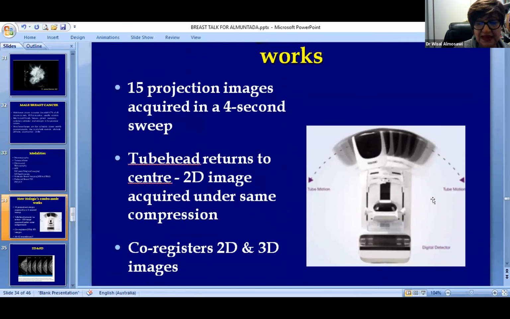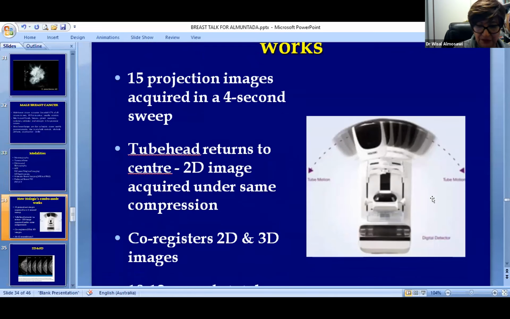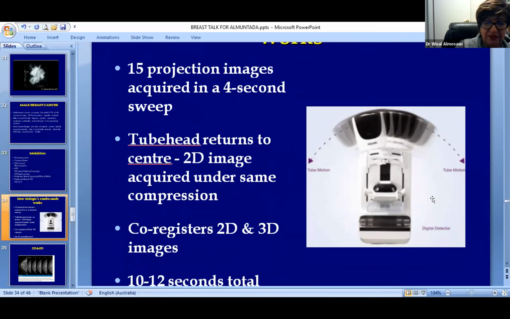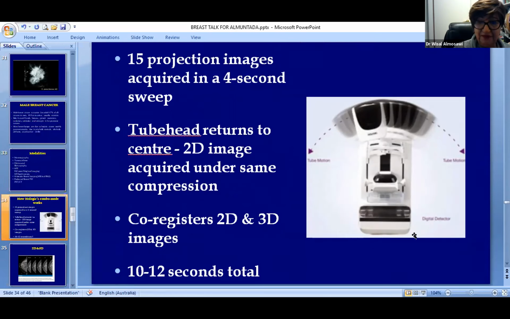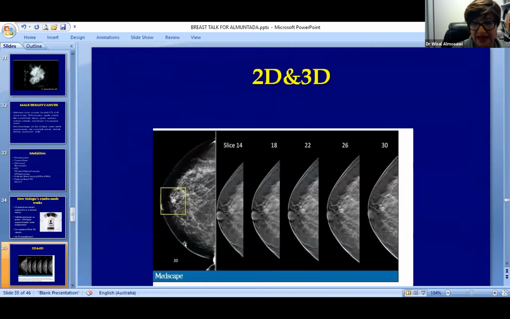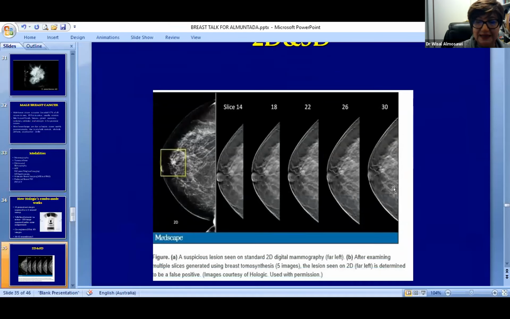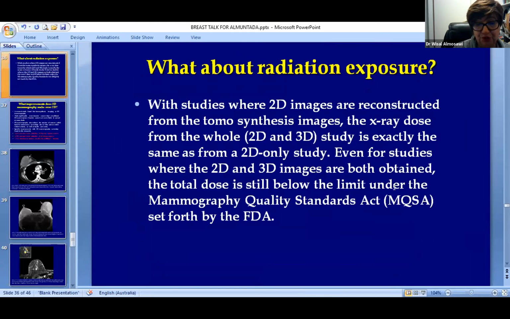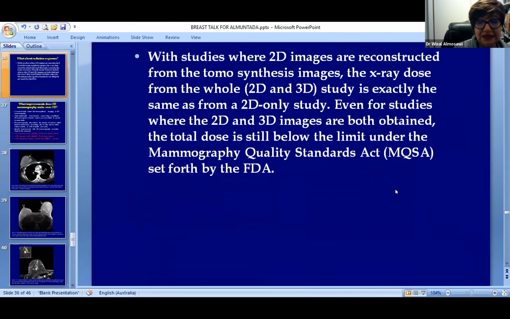So that by the end of the day, the radiation dose is very similar to the 2D images, and the time is similar because you're only doing the 3D and then you're doing the 2D out of it, and it's very good for dense breast. It's a heaven compared to the old 2D we used to do, because it goes through slices through the breast and will look like that. So section by section, 1 millimeter, we go through the breast to look at each slice, and it gives us much more information. And as I said, exposure, it's not,